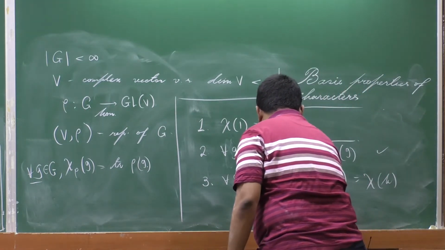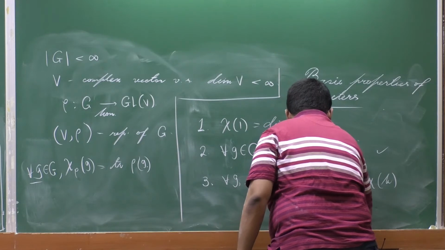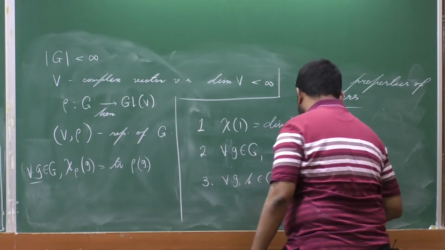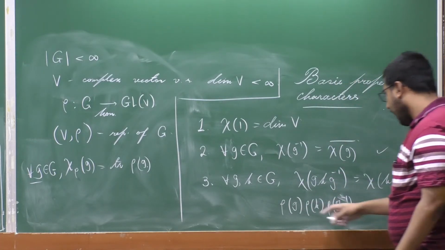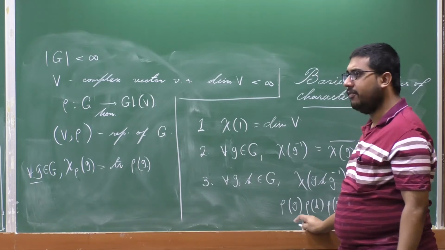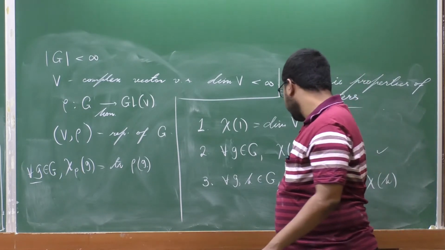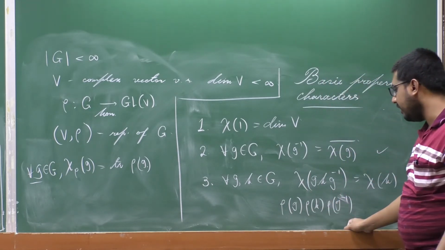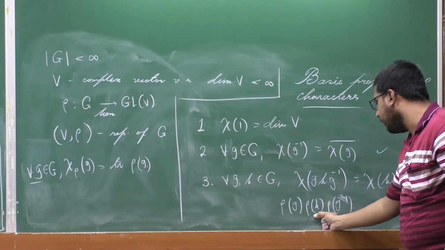Basically this is the trace of rho g, rho h, rho g inverse. The trace of this, once you represent the matrix of this with respect to some ordered basis, then it will be conjugate of the matrix with respect